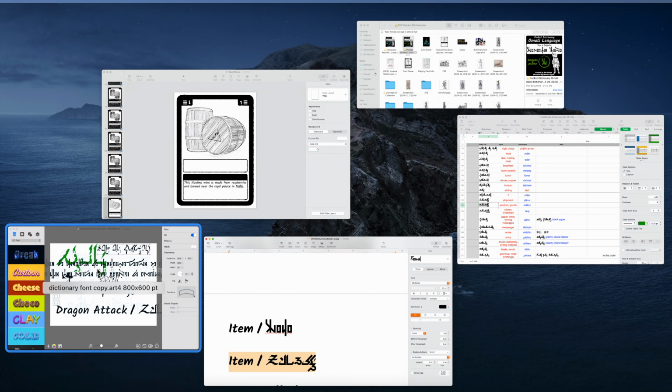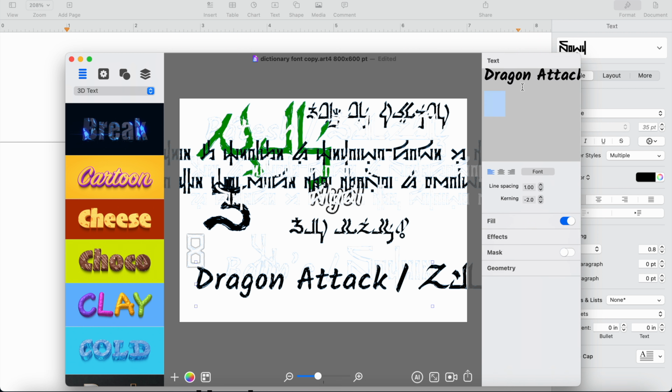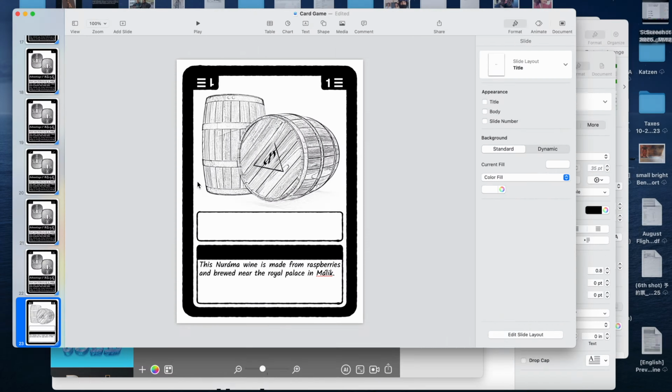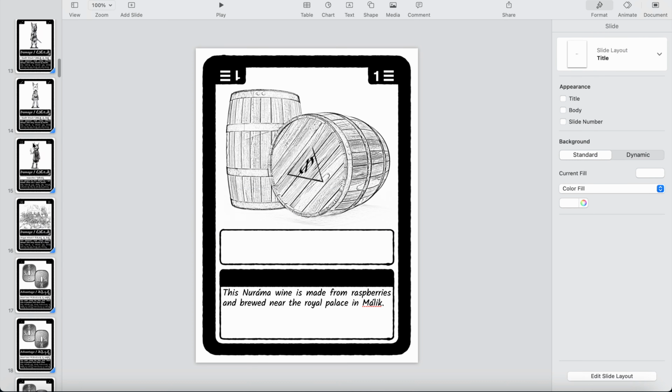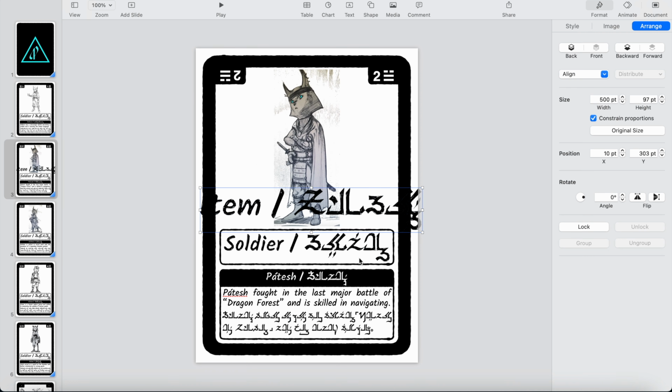After that, I select text in the ArtText program that has the effects I want to use, and then copy and paste the raw text into the program. From there, I copy the text with these effects and paste it on a previously made card as a JPEG. I then adjust the JPEG to be the same size as the text on the previously made card, and then copy it onto the new card I'm making.